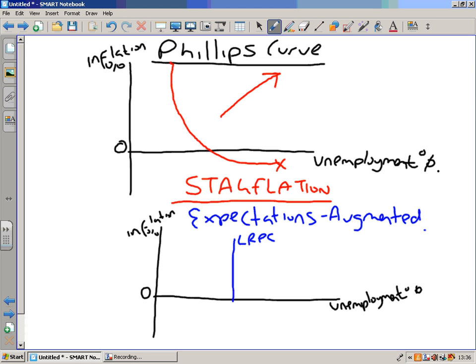So what this shows is in the long run, there is no relationship between inflation and unemployment. In the short run, though, the relationship still exists. We've got a short run Phillips curve. The long run Phillips curve shows us the natural rate of unemployment, which is equal to voluntary and frictional unemployment in the economy. So let's think about what happens in the short run then. If we're at this point here,